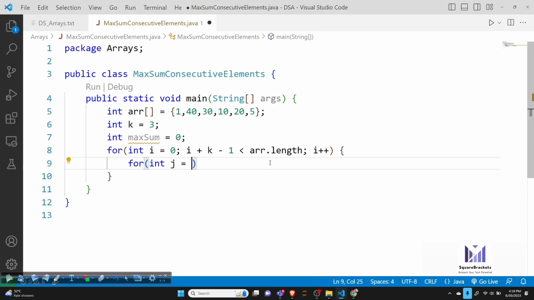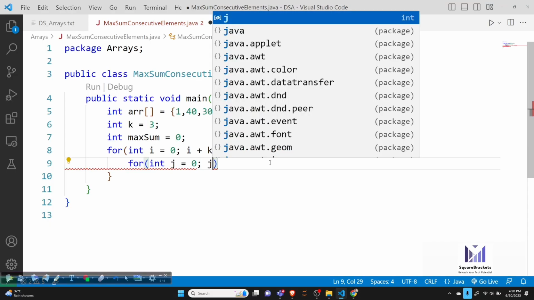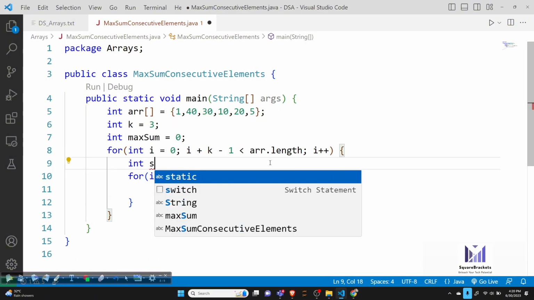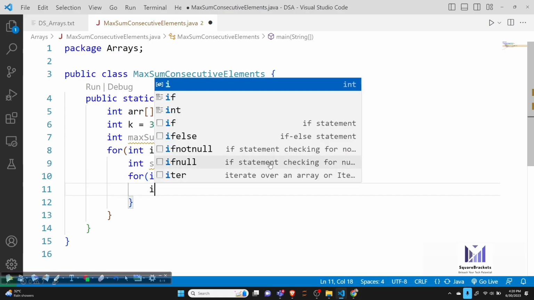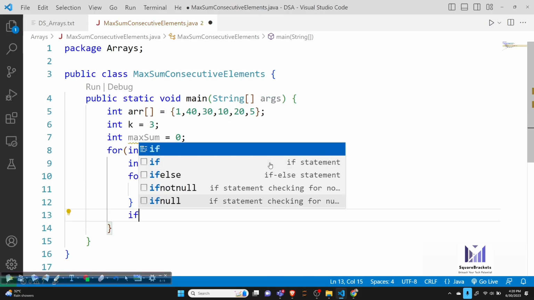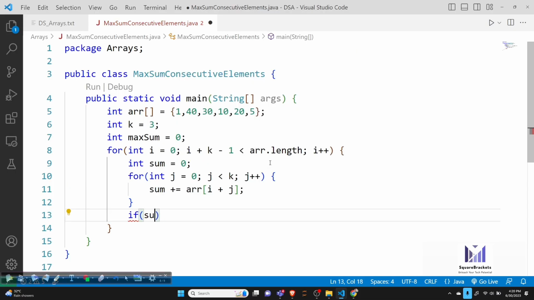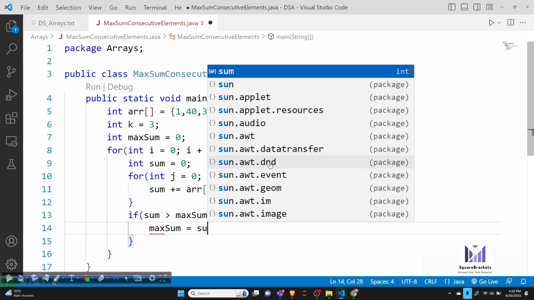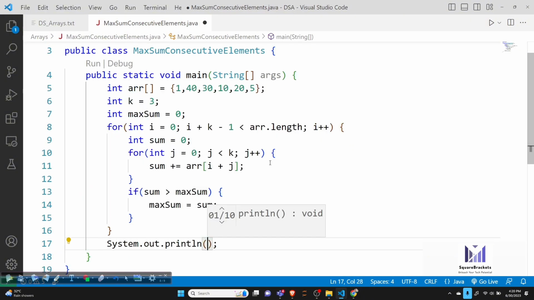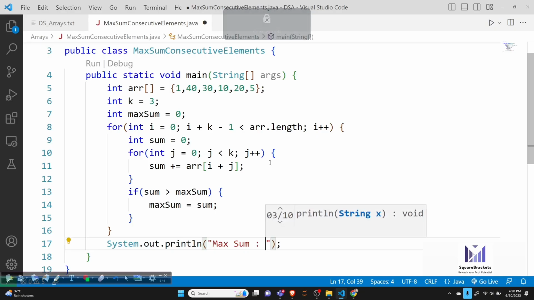So for int j equals to 0, j less than k, j plus plus, and then we have a sum variable to do the sum: sum plus equals to array of i plus j. And now just check one if condition, that if sum is greater than maxsum, so just update the maxsum variable by this sum. That's it. And then print the max sum.